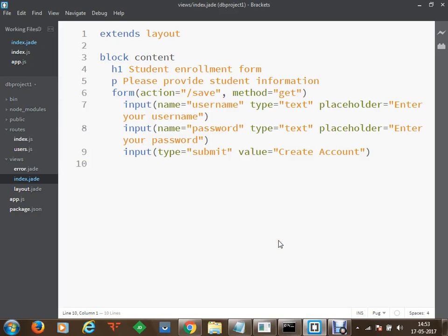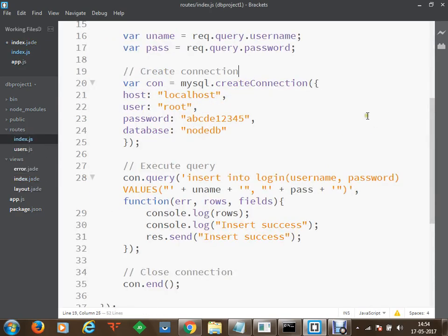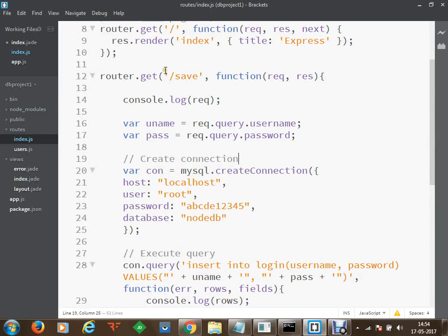Now after testing GET request, in case you want to send POST requests from a client to the server, and you want to save information received through posts into your databases, you can quickly modify your layout. So you can proceed to index.jade file. Now here you can change the method type to post on the URL /save. You can go to your root. Within index.js, you can quickly change the method from get method to post method.